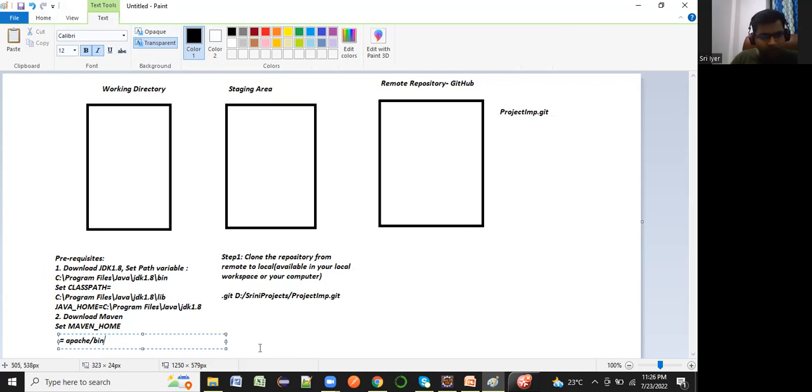You also have to download Git. This is the third prerequisite here. You have to download Git. And when I say Git, I mean Git as well as